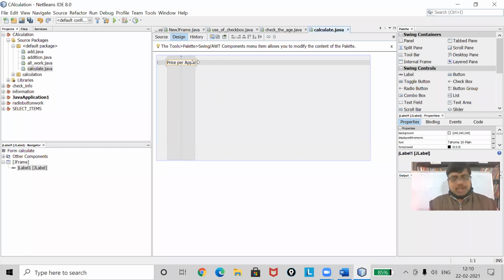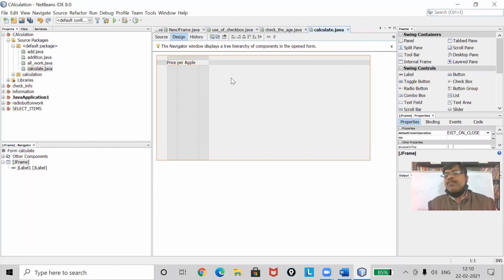Now, what I'm going to do here: the computer is going to ask the price of an apple. And as per that, you have to calculate what will be the cost of 12 apples, that is, a dozen apples.